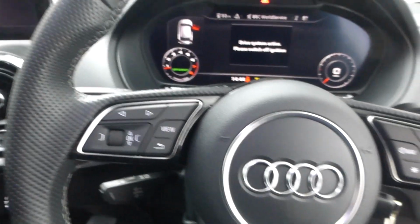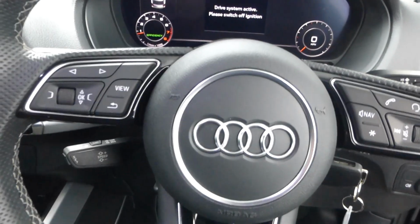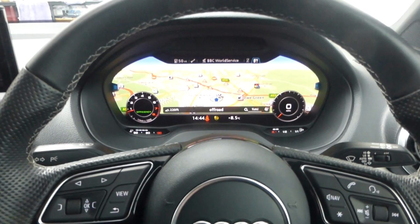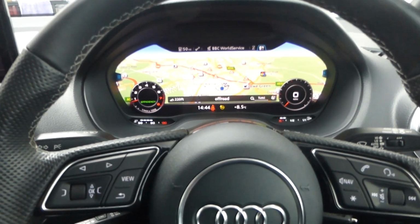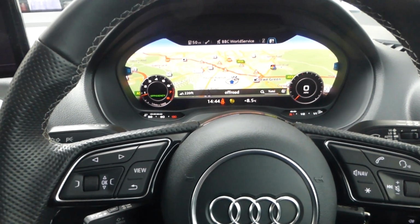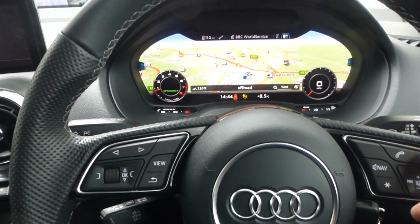It's the S Line, so you've got a really nice steering wheel and centre console, and I'll get the screen up in a moment. So first, there you go. In fact, it's come up on its own. So that's the projection and technology pack, which is now standard on this model year of car, on the S Line anyway. You've got voice activation,